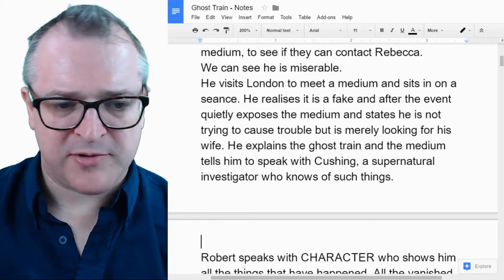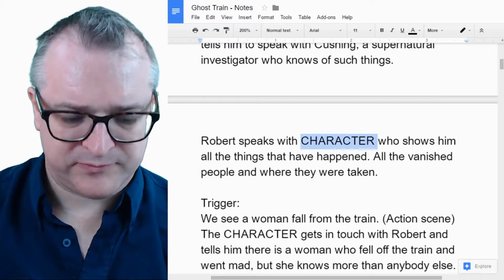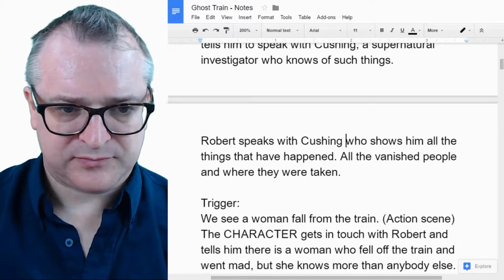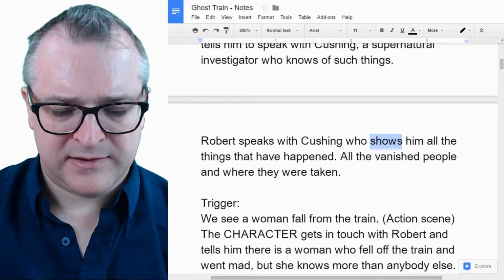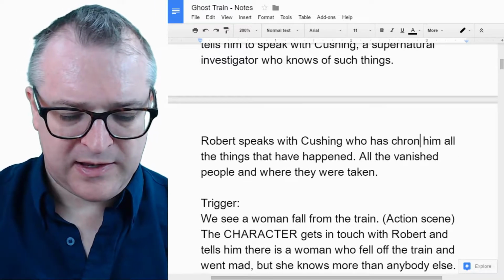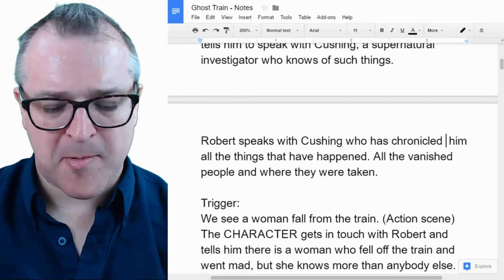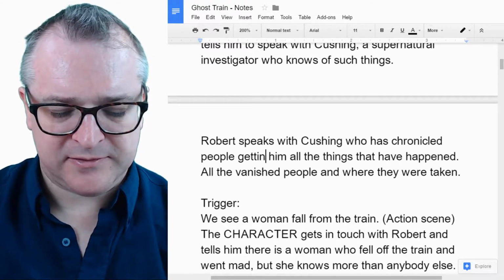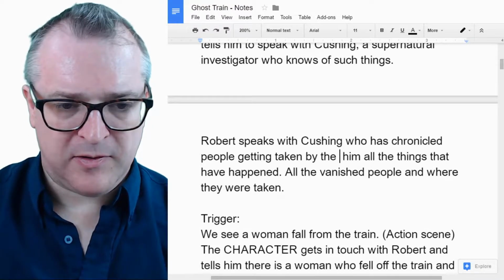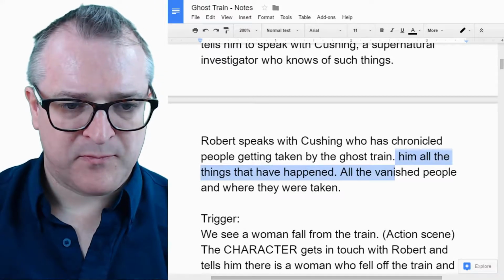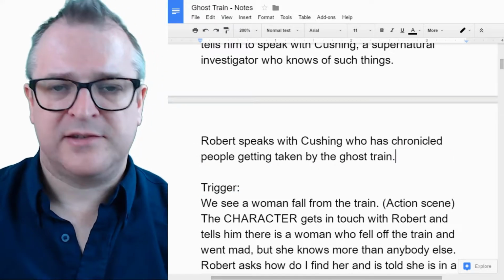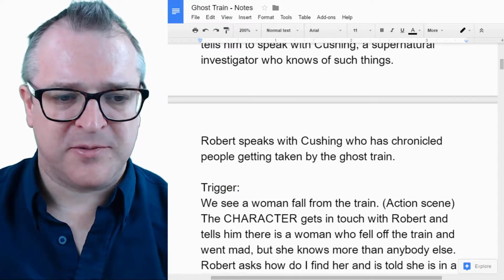And now we can see Robert speaks with Cushing, who has chronicled people getting taken by the ghost train. So he's now going to learn something.